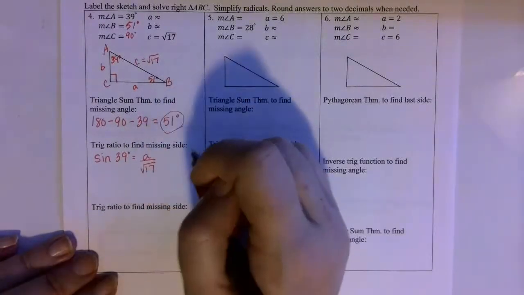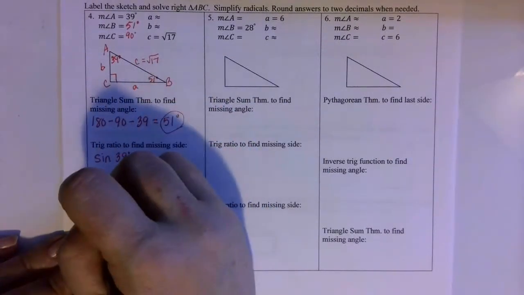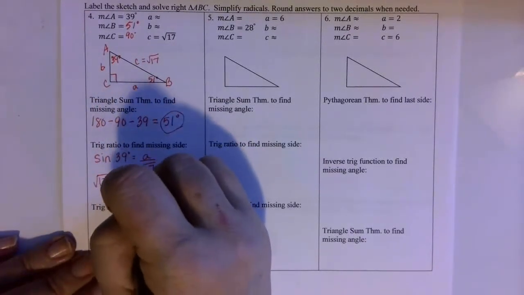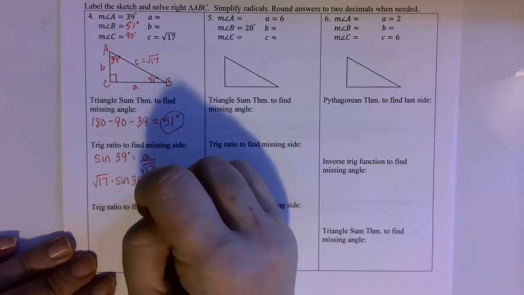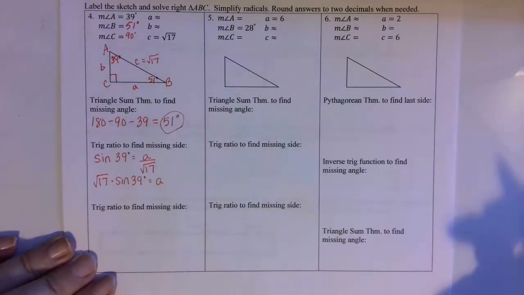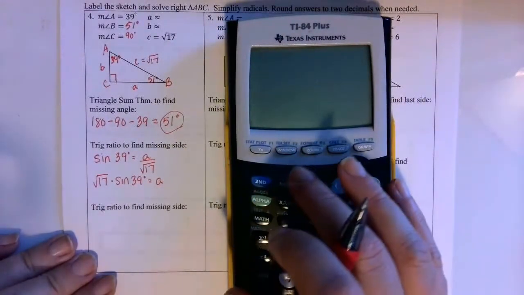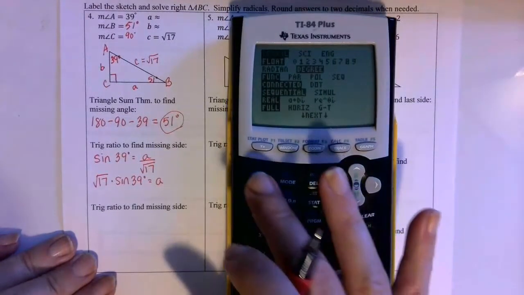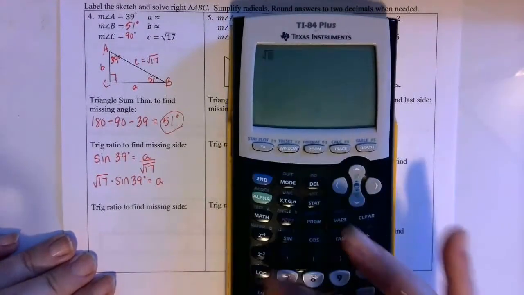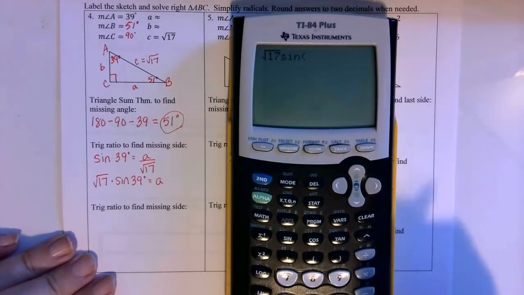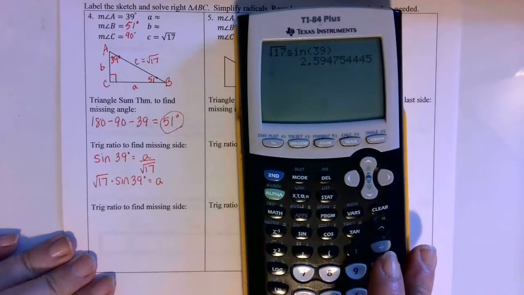So we'll multiply both sides by root 17, and we get root 17 times the sine of 39 degrees is equal to A. And in the calculator, we want to make sure that we're in degree mode, and then square root of 17 sine of 39 is